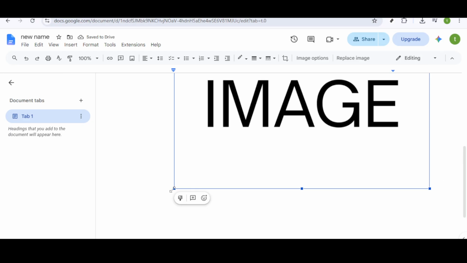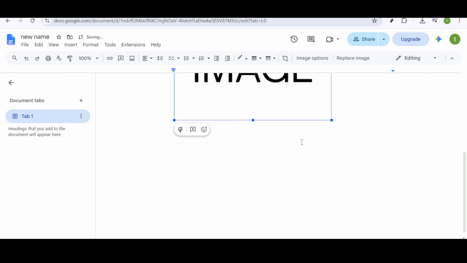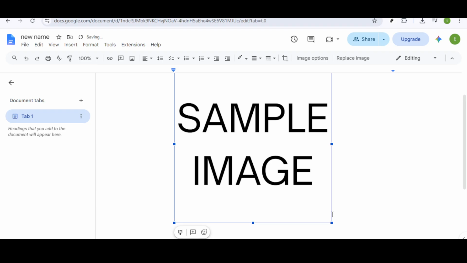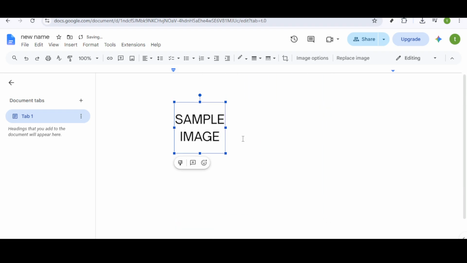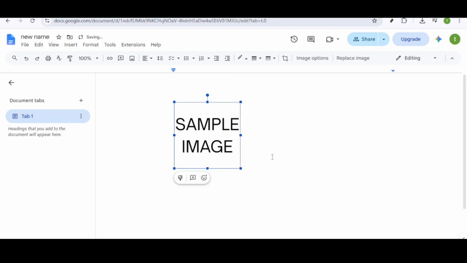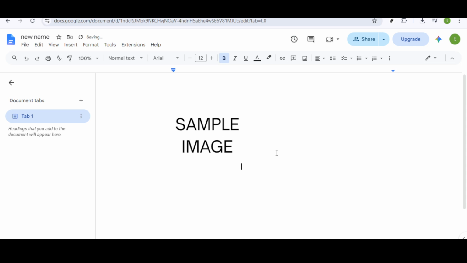Now that your image is part of the document, it's time to select it. Simply click on the image once with your mouse. If selected correctly, you'll notice a blue outline wrapping around the edges of the image. This outline indicates that the image is active and ready for further editing or modifications. With the image now selected, our next move takes us into hyperlinking territory, which, although it sounds technical, is actually